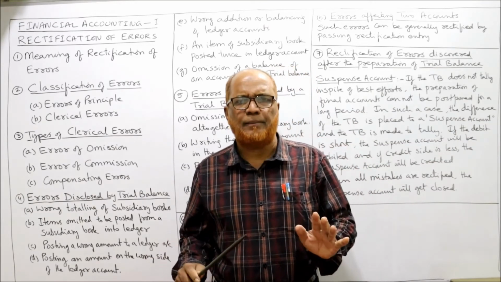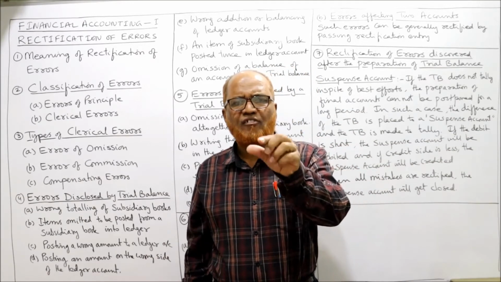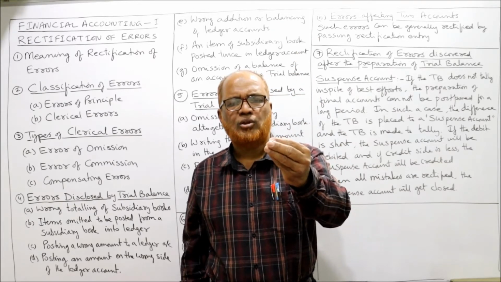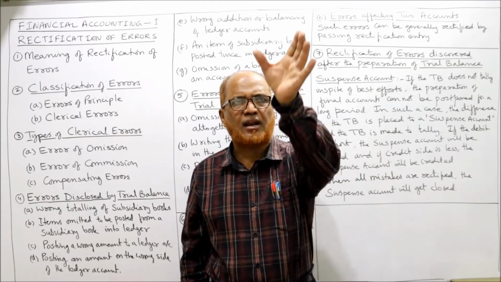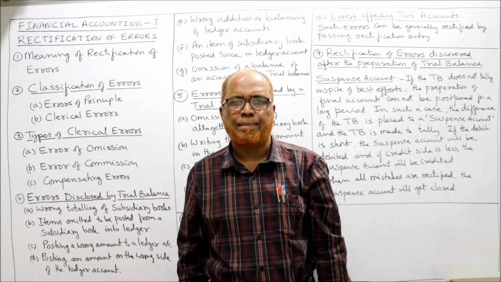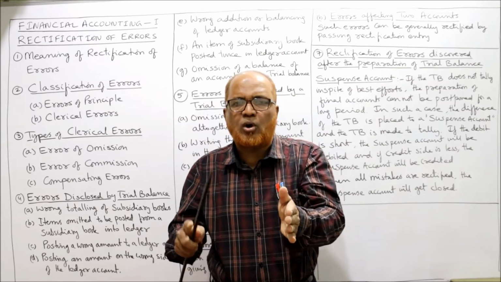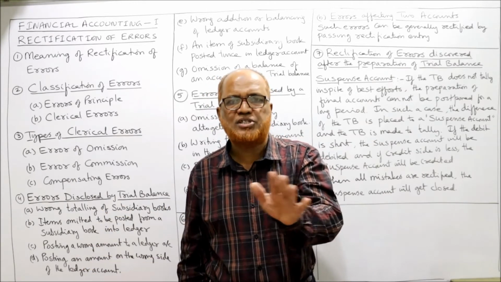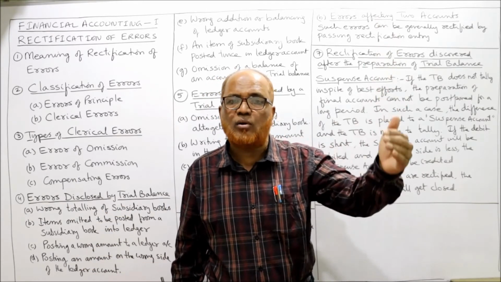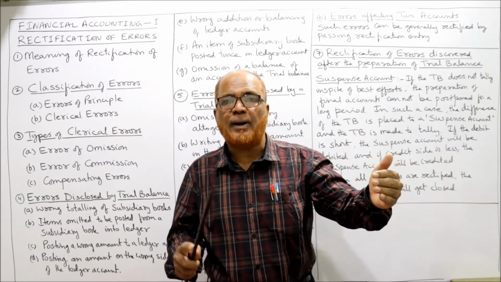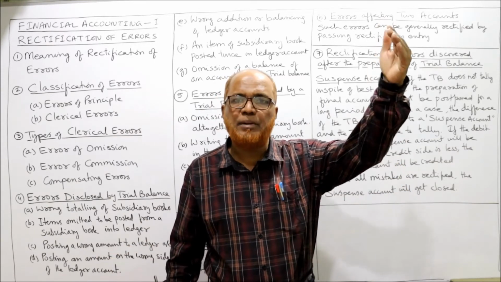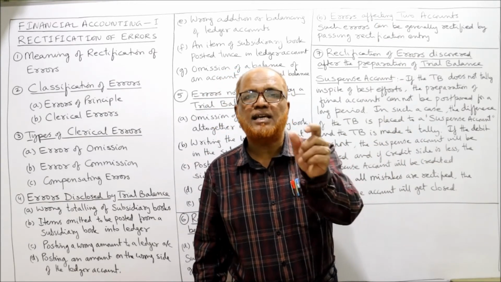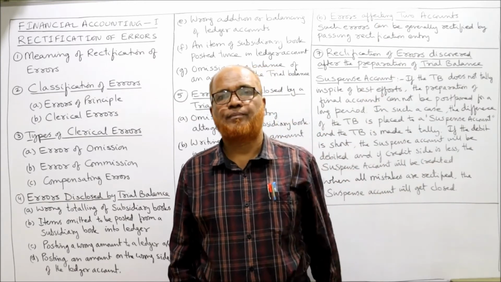Example, same example. Purchases. We have purchased the goods from A, B, C, D, E, 5 parties. So all the A, B, C, D, E purchases are recorded in the purchases book. The total of the purchases book rightly we have transferred to purchases account. No mistake. Now parties accounts have to be credited. Purchase account is debited. A, B, C, D accounts should be credited. By mistake, C's account was debited.